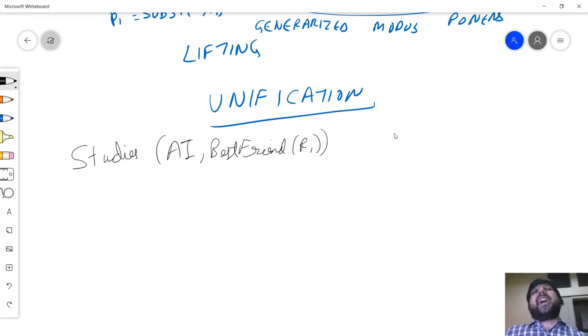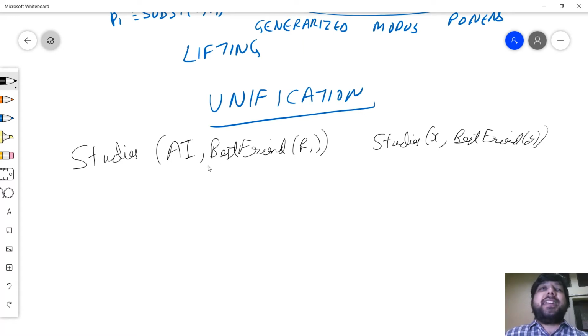And I have a premise, or anywhere in the function, I have Studies(X, BestFriend(Y)). Now these two are exactly equal if I apply the substitution X is equal to AI and Y is equal to R1. They both become exactly equal.